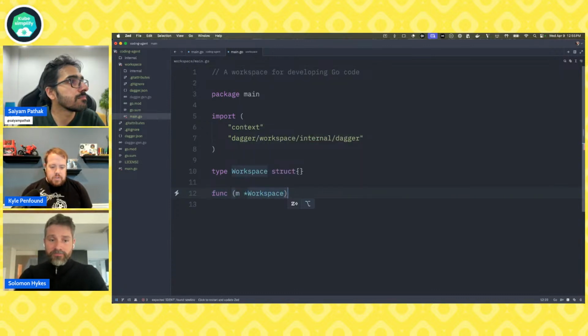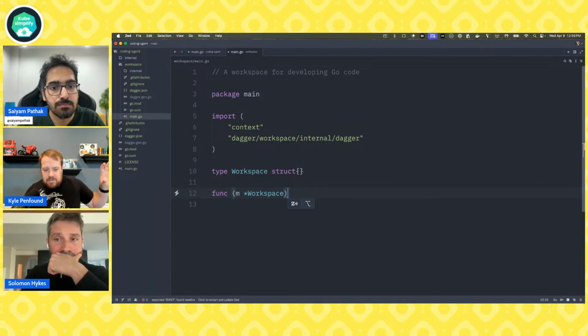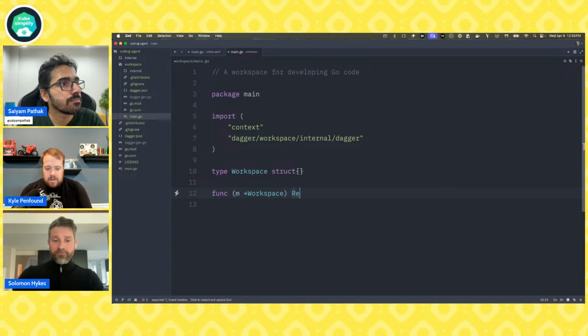workspace. All right, so in the tools we want to give it, in all the experimentation I've done so far, it boils down to 3 tools that we need. We need our agents to be able to write files to our workspace. It needs to be able to read files, and it needs to be able to validate the code somehow. In this case, it'll be a Go build. So we're going to have read, write, and build as our 3 functions.